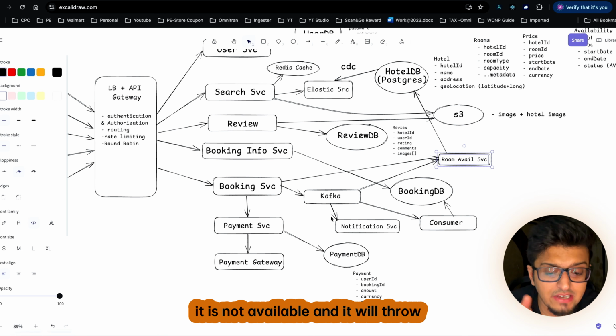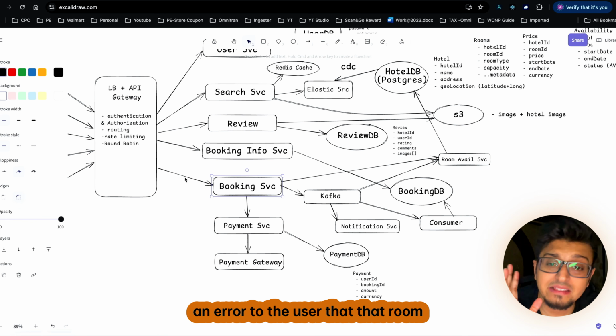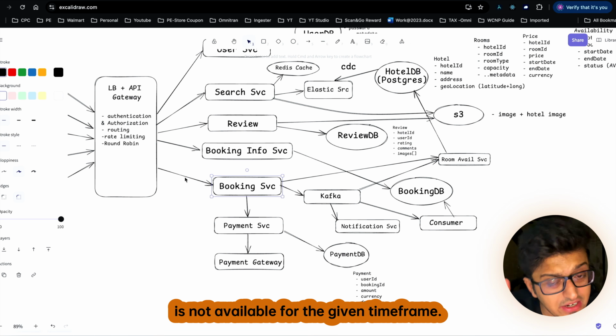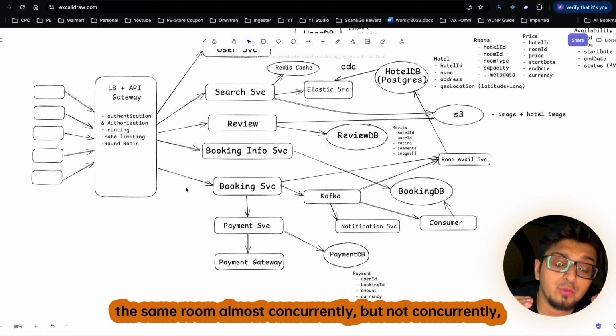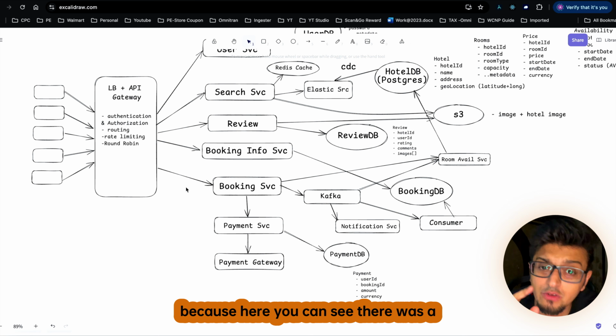And here it will see that it has already been booked by user 1. So it is not available, and it will throw an error to the user that the room is not available for the given time frame. So we have solved the first use case when two users are trying to book the same room almost concurrently,